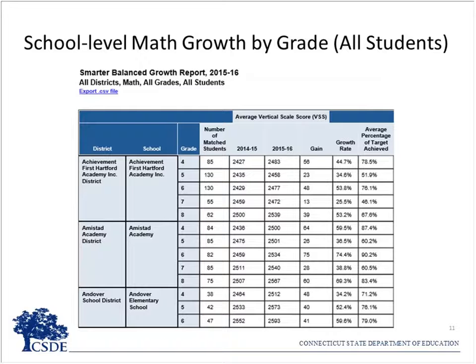I just want to make one point on this report that you see here. You notice this metric that says gain here? This gain metric is actually the difference in average scale score between 2014-15 and 2015-16. This is not the growth rate or the average percent of target achieved. Because it's an average of the actual scale scores, this metric is displayed when you select an individual grade. In this case, we've selected all grades, so you are able to look at a vertical scale score for the